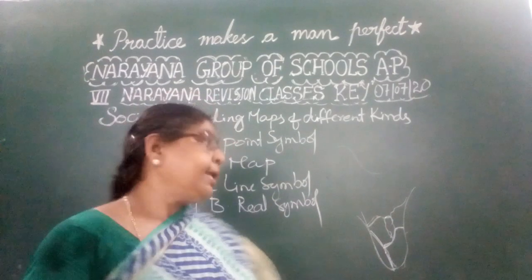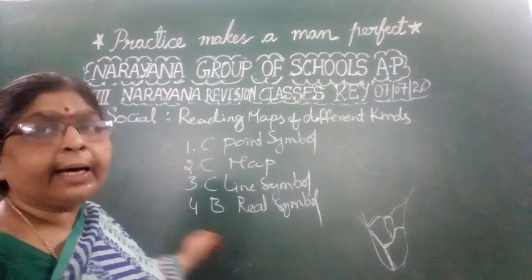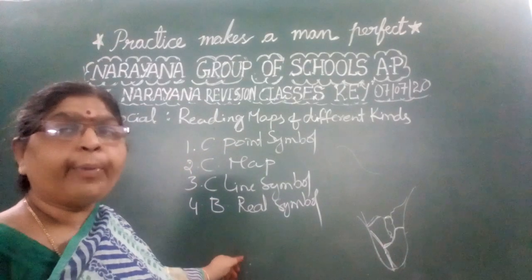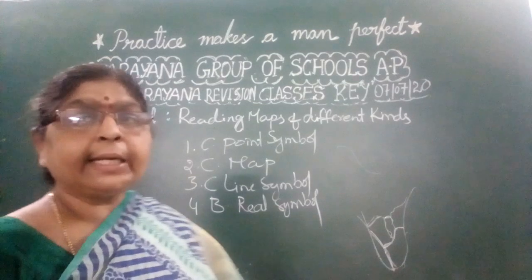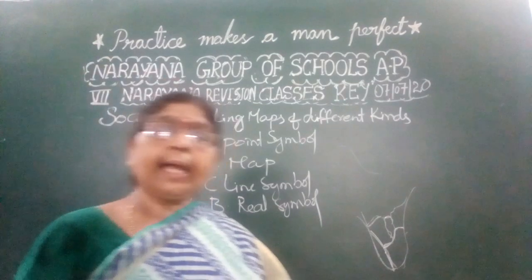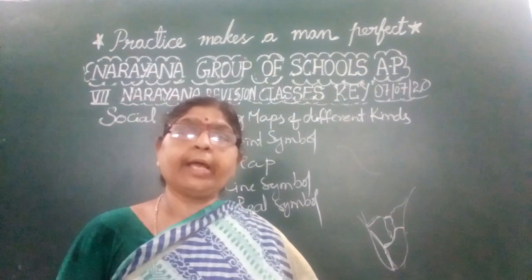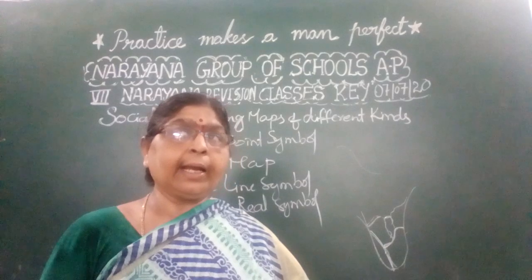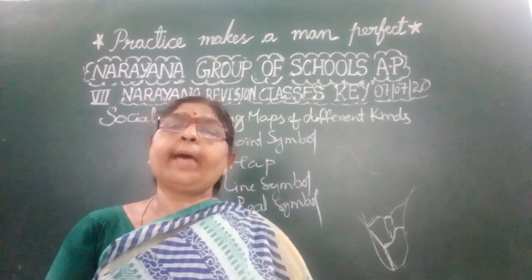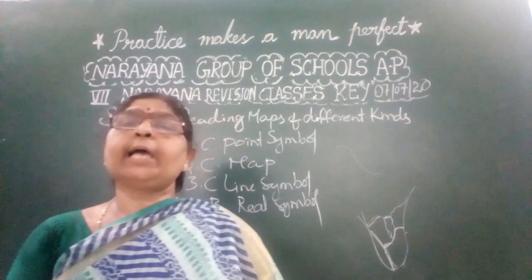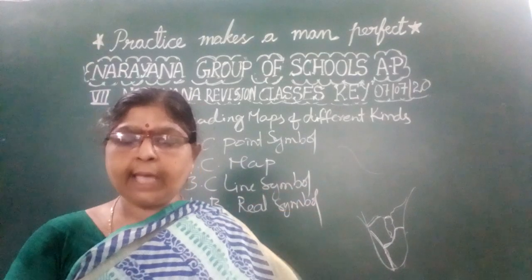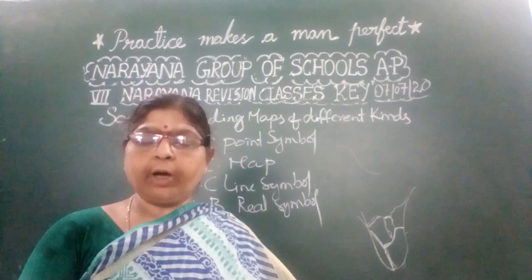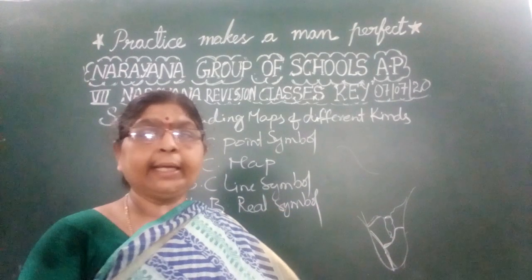So the next one is, see here, the rainfall pattern or population of a particular area. What are these representing? Or the maps that are explaining the population or climate of a particular area. What do we call them? We call them the thematic maps. A particular theme is explained. That is why we call them the thematic maps.